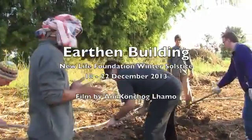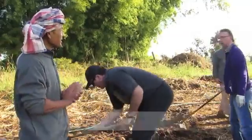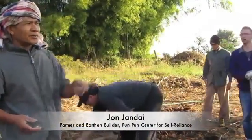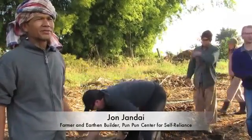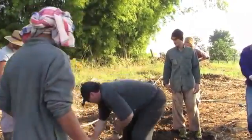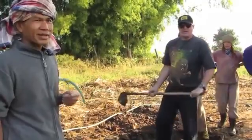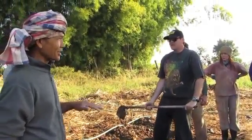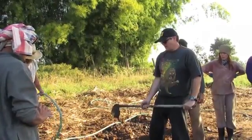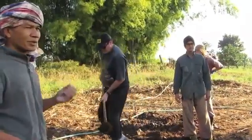So earthen building is something very simple and very easy, but many people who never do it start to think, oh, look at the brick, it's so heavy, I cannot do that, too hard, or something like that. But actually, it's easier than you think, a lot easier when you start to do it a little bit. And then what we need to know about earthen building is it's quite different from normal building,